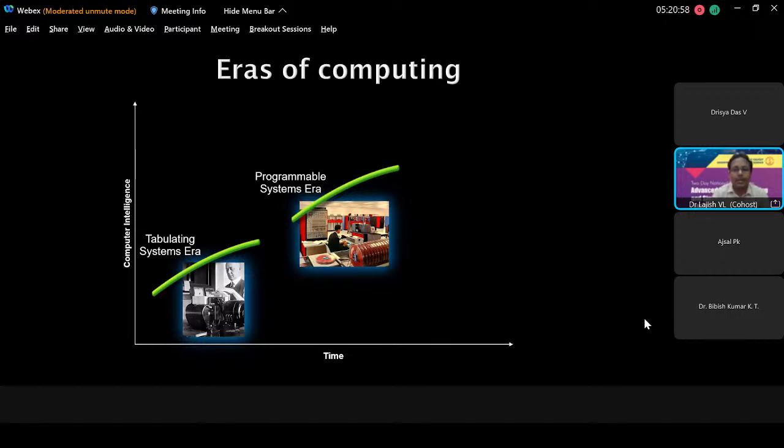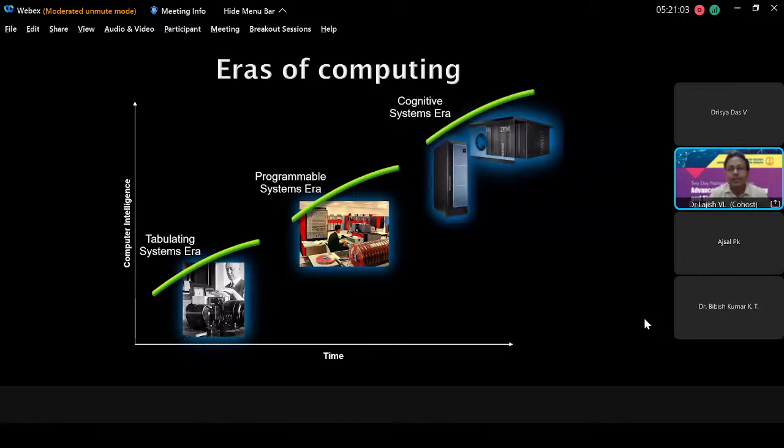So that was the era's focus. Now, why can't we use this machine for reasoning or intelligent computing? So this is the cognitive system era. You are very lucky that you are studying this concept of computing in the cognitive system era. Forget about tabulating or programmable; now you are in the cognitive system era. Everything is taken over by intelligent systems and algorithms, which are supporting us to really solve your challenging real